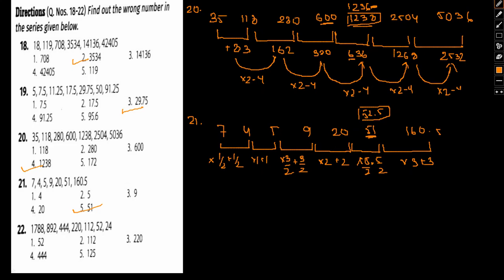I hope this is clear so far. And finally, let's take a look at number 22. 22 is nothing but 1788, 892, 444, 220, 112, 52 and 24. Okay, so